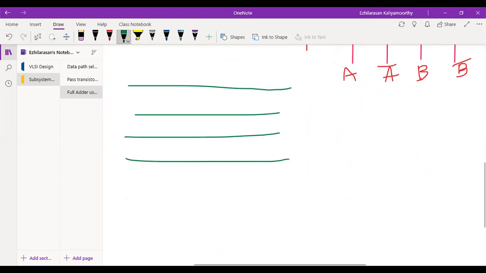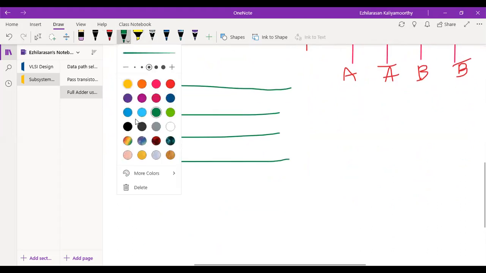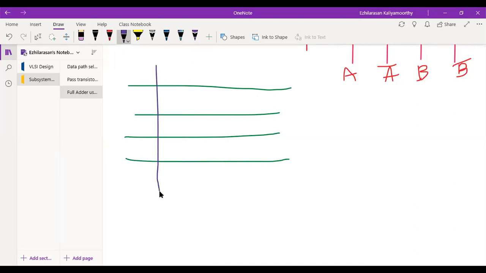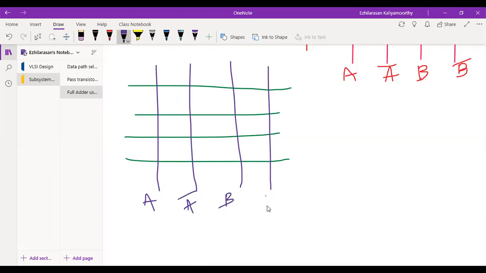Okay. Next, blue color. So this will be your A, this will be your A bar. This is your B, this is your B bar. Now this will be your C.